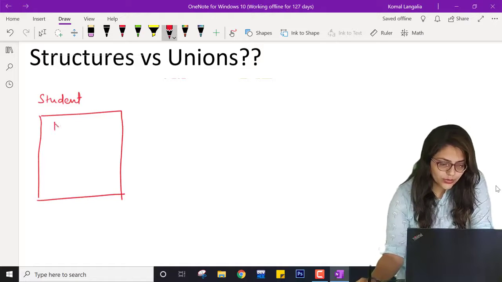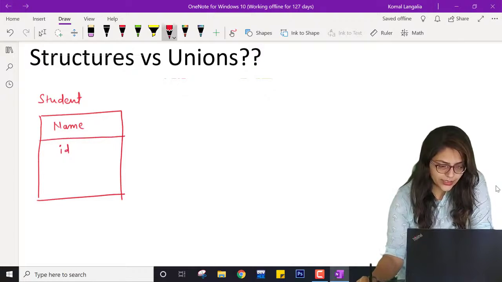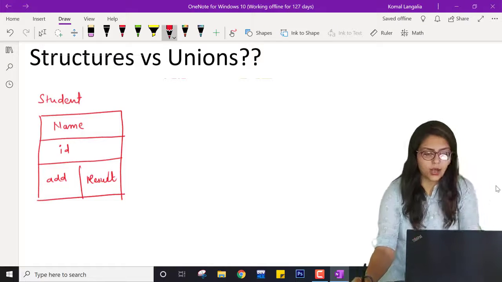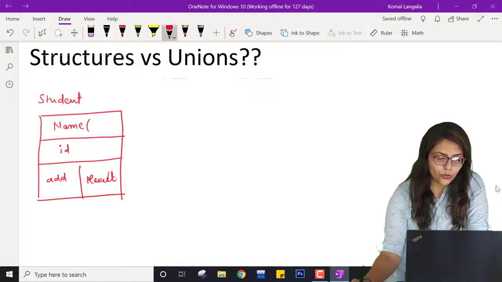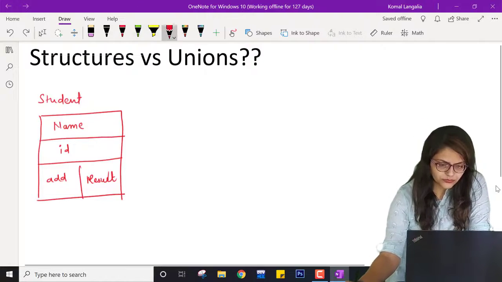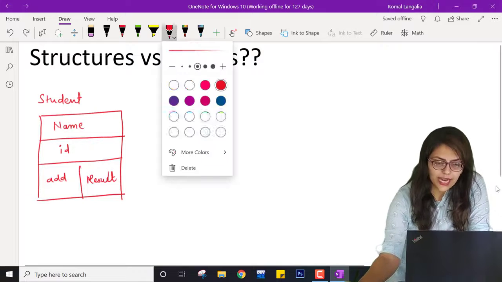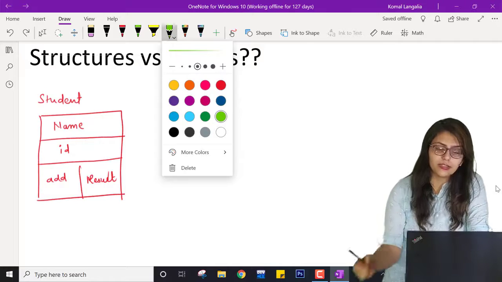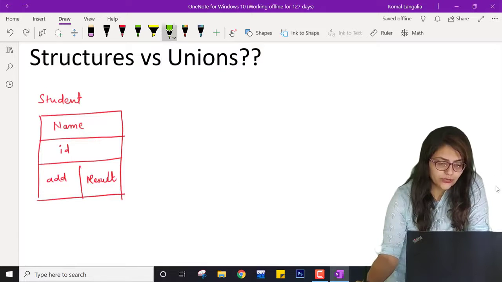Here a student can have a name, an ID, an address and a result. The name of the student can have size 10, so each character occupies 1 byte, and this will have a maximum size of 10 bytes.